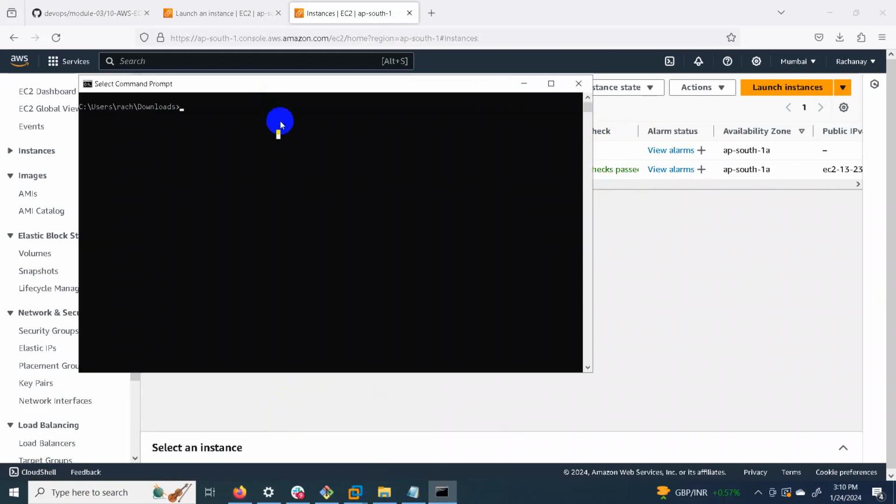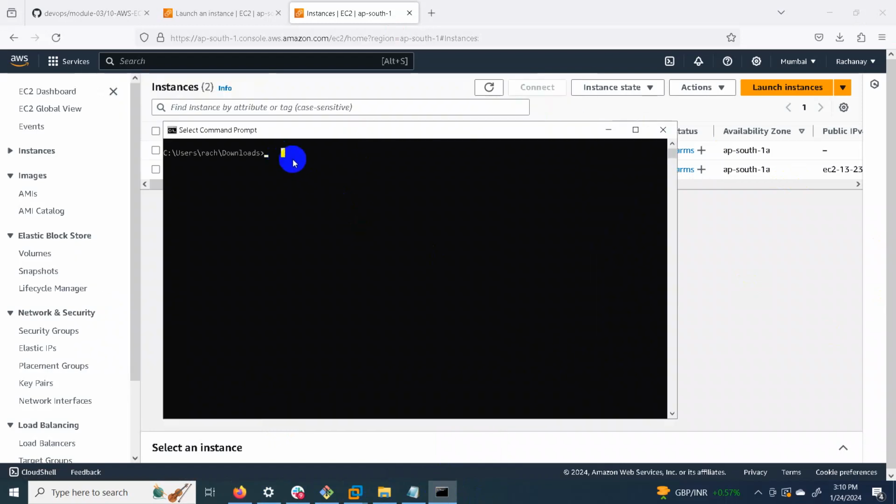Just go to the command prompt. Here in Downloads, our key is already present. First of all we will directly do ssh -i, and then the key, that is test1-key.pem, and with whom we have to connect, whatever public IP is associated with the machine.